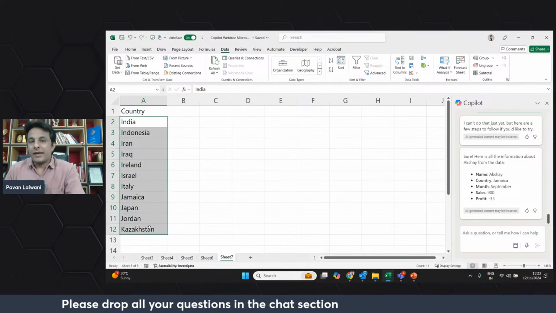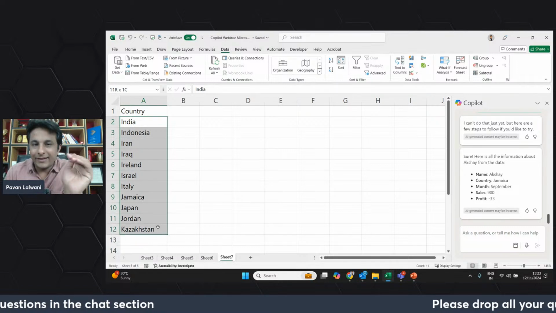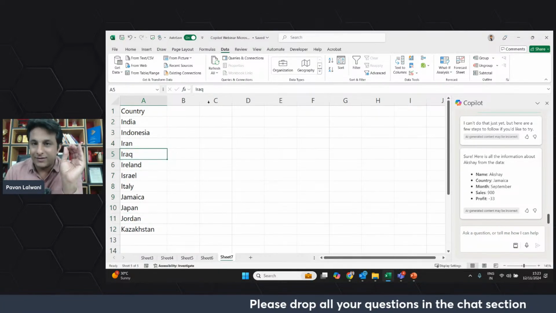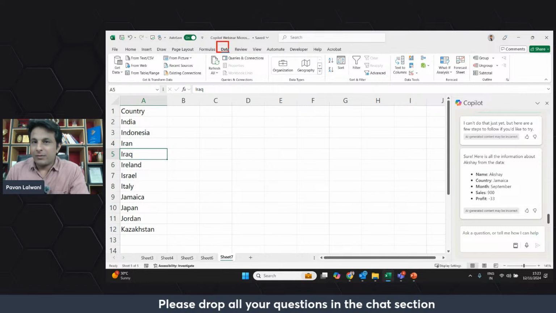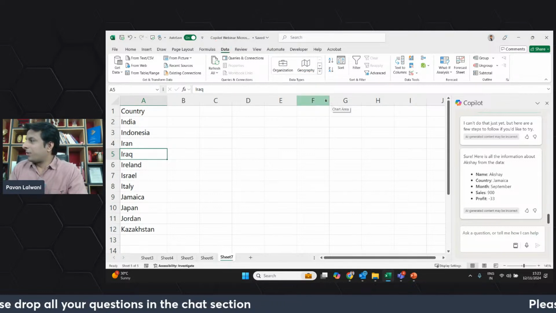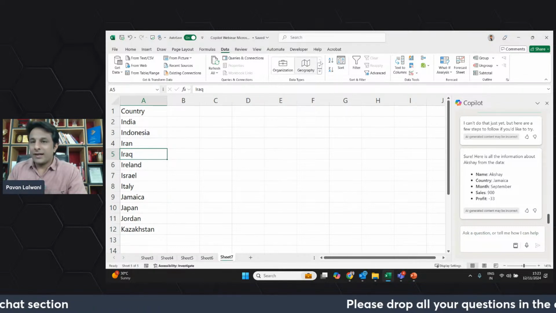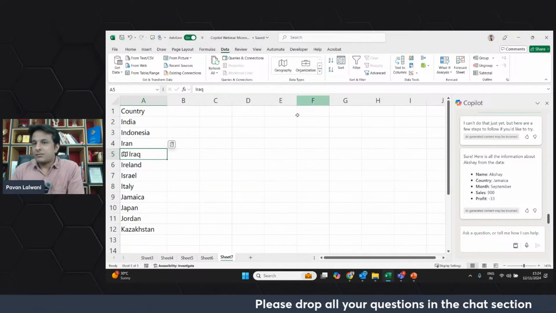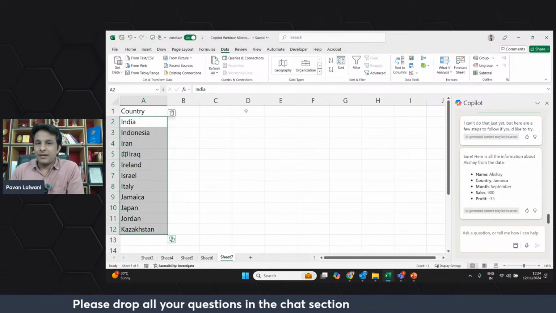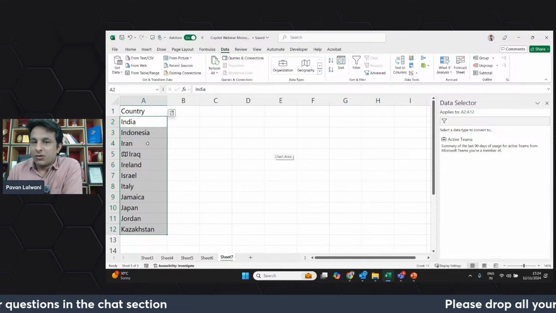Now, if I want any information about this countries, I can get it in less than 60 seconds. So that is the option available in the data menu bar, and that's geography. It's a new feature. Very few people have explored it. So I can select it, click on geography. And now I should select it again, and I should click on geography. So here we go. When you click on geography here,